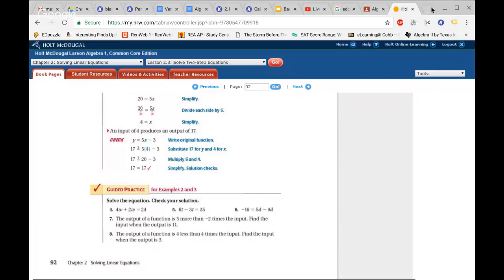So the output of a function, so the y of the function, is 5 more than negative 2 times the input. So that would look like,